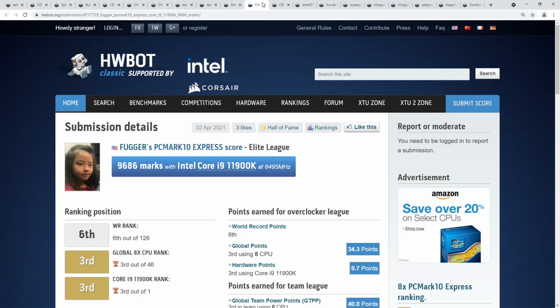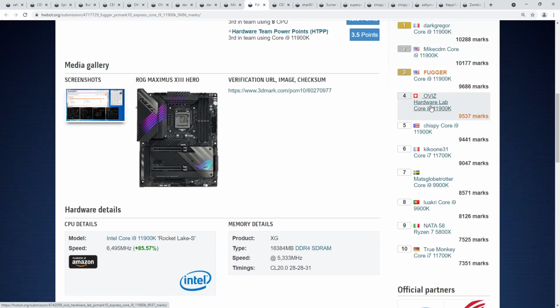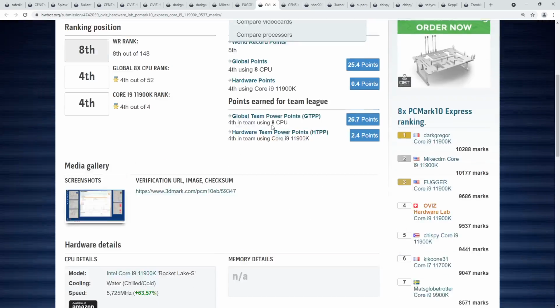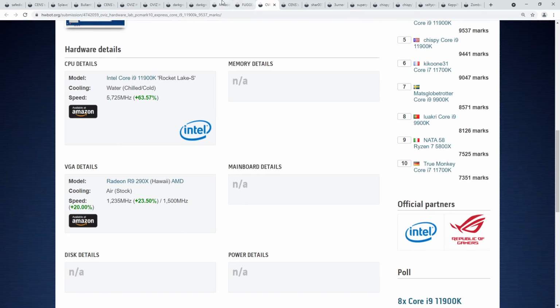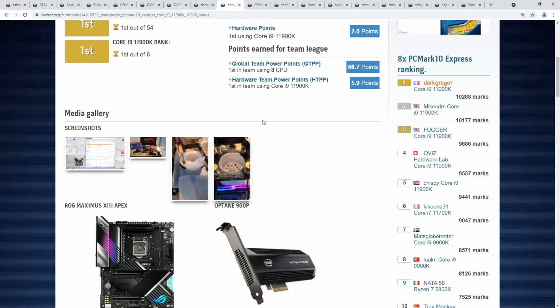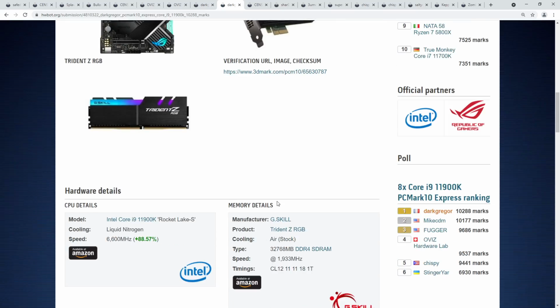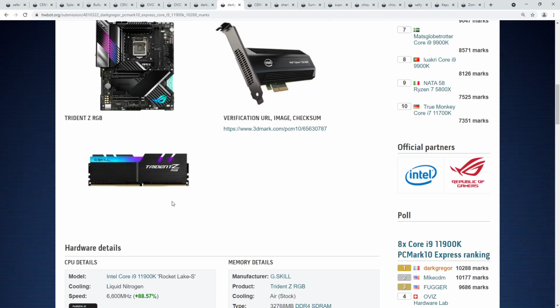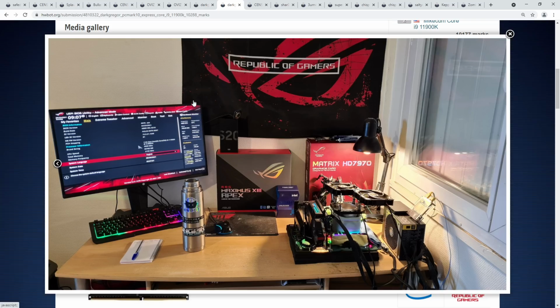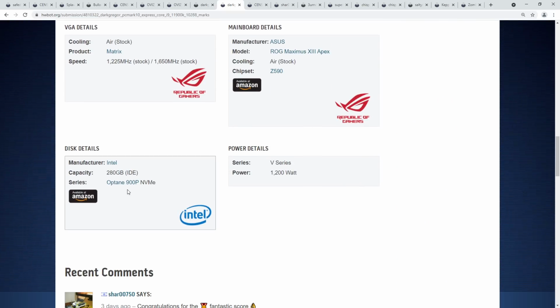Does this favor AMD? Apparently it does. That's another RX 580, and a 290X. So apparently this really likes AMD GPUs for some reason. Who knew? Apparently if you're building an office PC, you should put an AMD card in it, even if it's really old. So here we've got a 7970 Matrix in the setup, along with a PCIe SSD, which is the Intel Optane 900P,